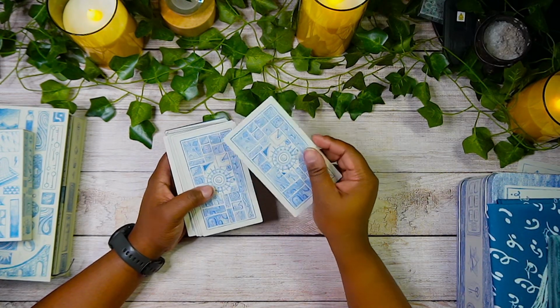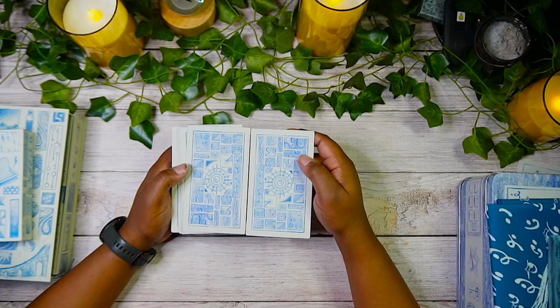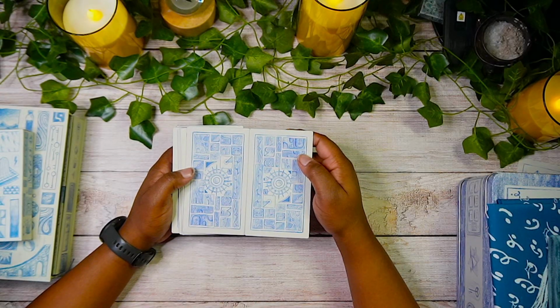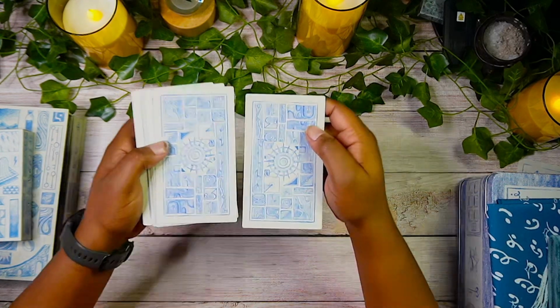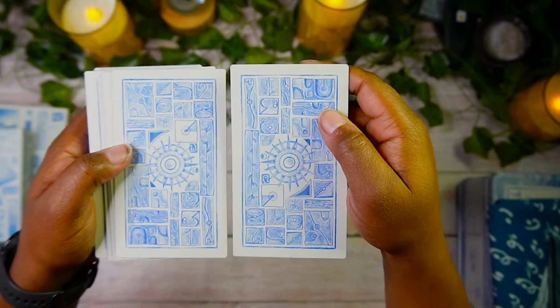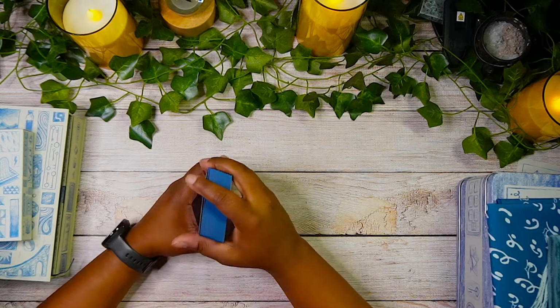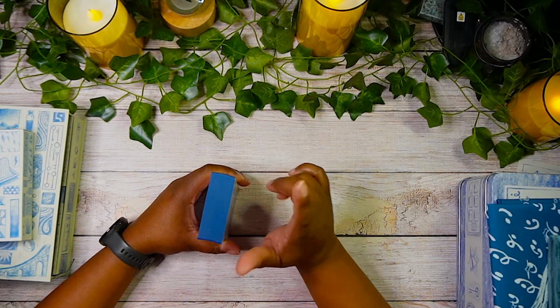So the backs are not reversible, but the center is centered just enough that you would have to be paying very close attention to notice that these are different. So you can see here the pattern is not the same, but I'm sure just glancing at it, you guys couldn't even tell. The edges have this matte finish edging, which actually is